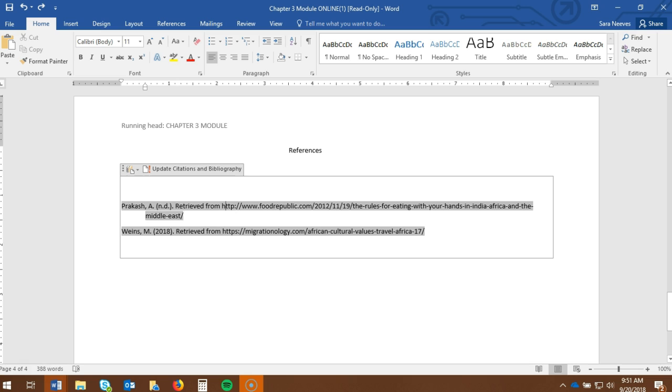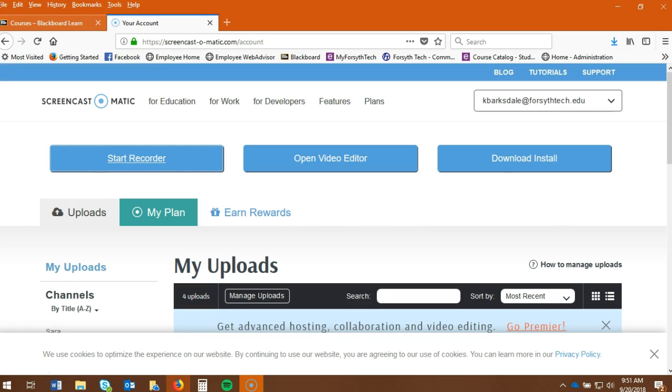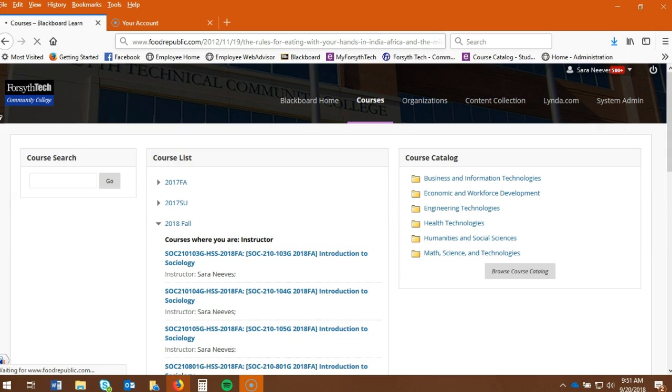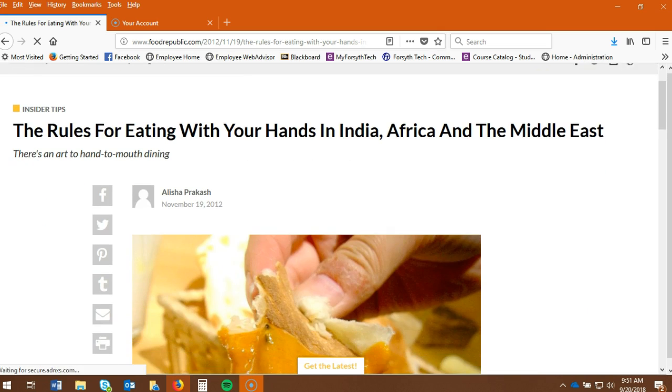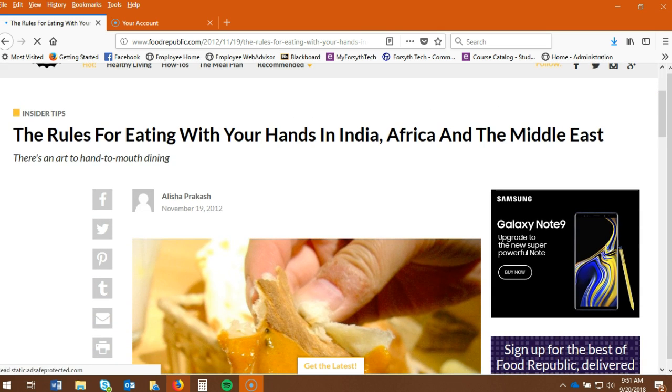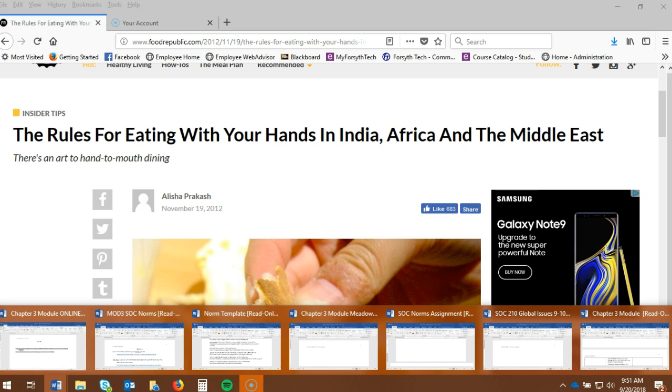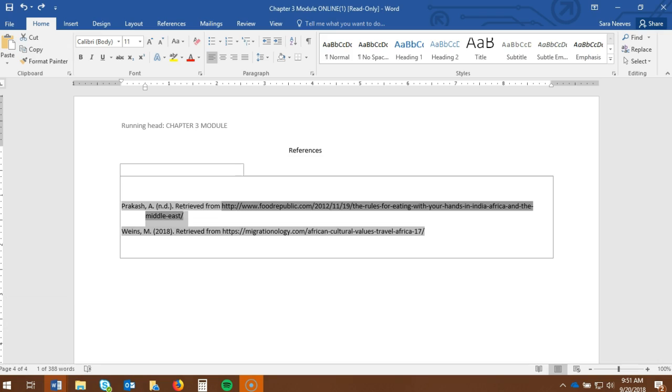I'm going to pull up this website just to go through and dissect it and show you how I find information. So the citation is correct because here you see that the author is Alicia Prakish. I don't know how you'd say that. And then the article was from 2012, and November 19th was the actual date of publication. So that is something that is missing from this particular